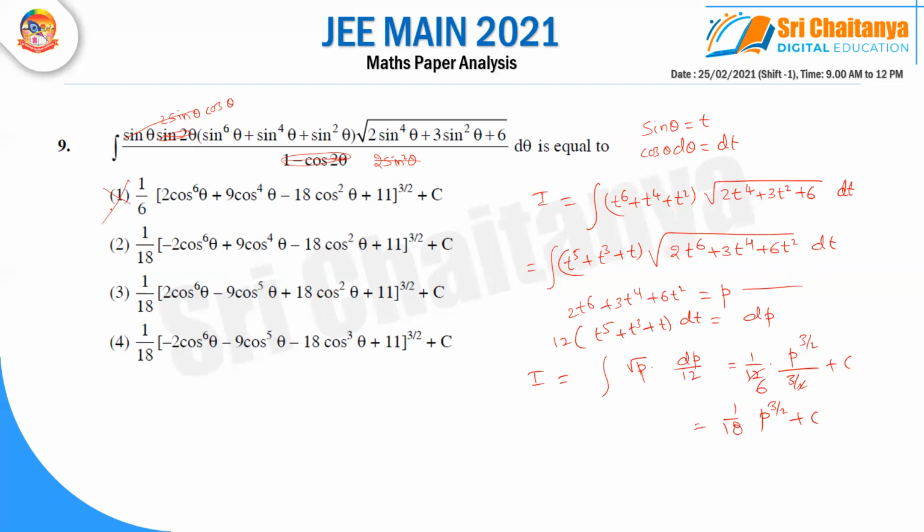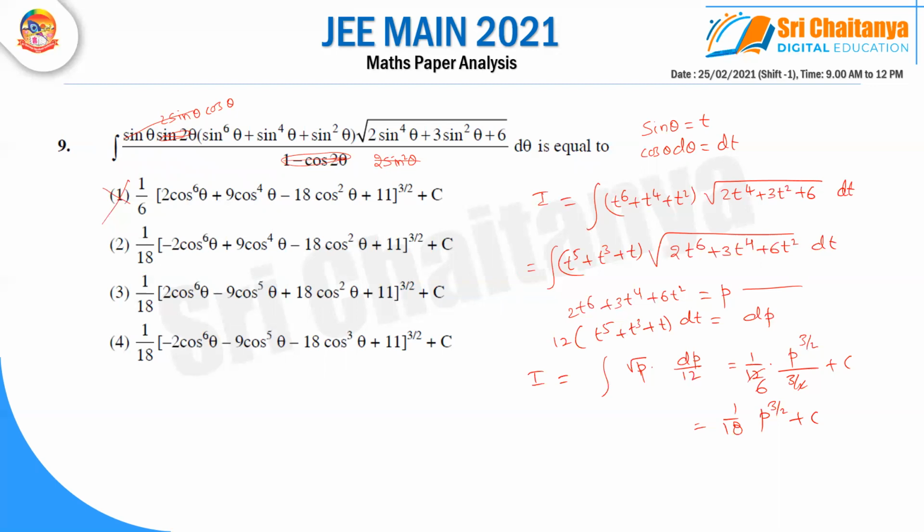Now what is he saying? He's saying everything, he gave everything in terms of cos. So what I'm doing, I can substitute sine square theta as 1 minus cos square theta. And while doing that calculation, you can do one thing, put sine square theta equal to 1 minus lambda. Lambda is my cos square theta. And do the calculation, it will be easy.